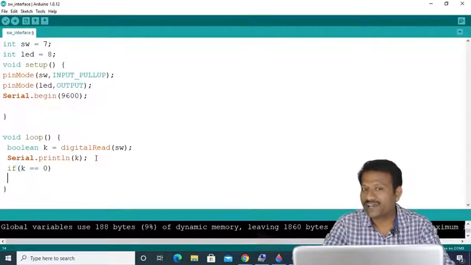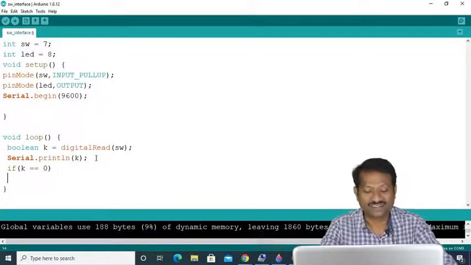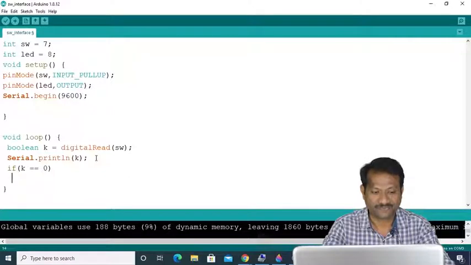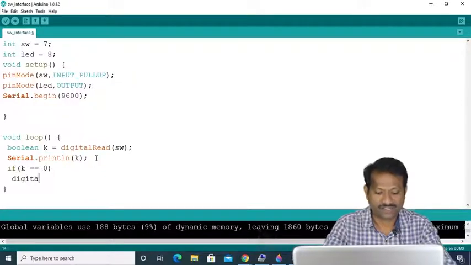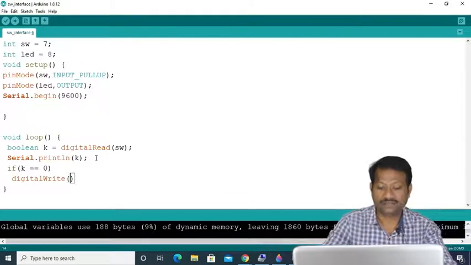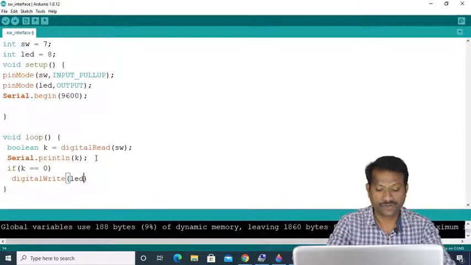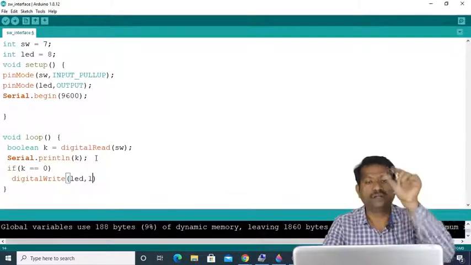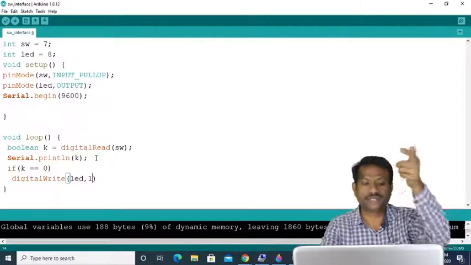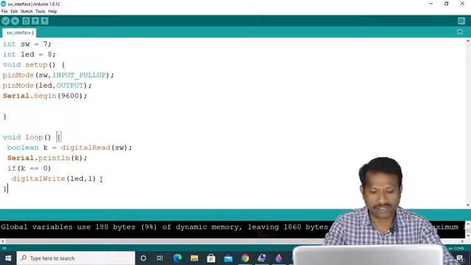So to turn on that LED, what is the command? Yes, that is digitalWrite, LED, comma 1. The moment the logic is 0, meaning the switch is pressed, the LED will turn on, else it should be off.